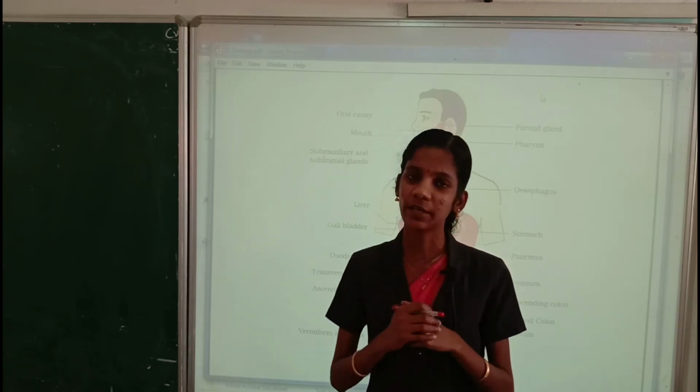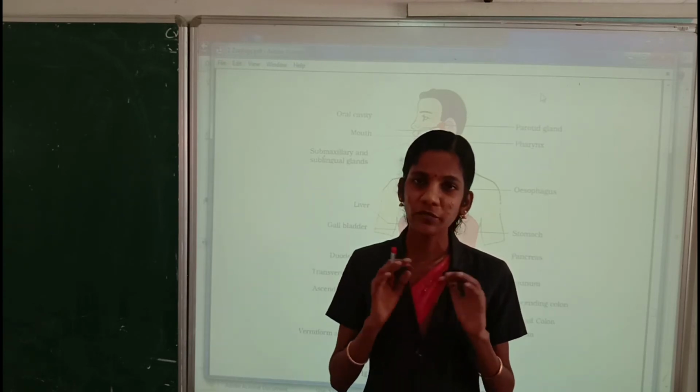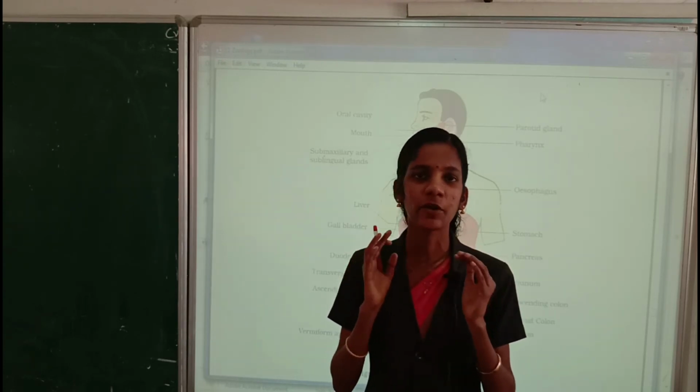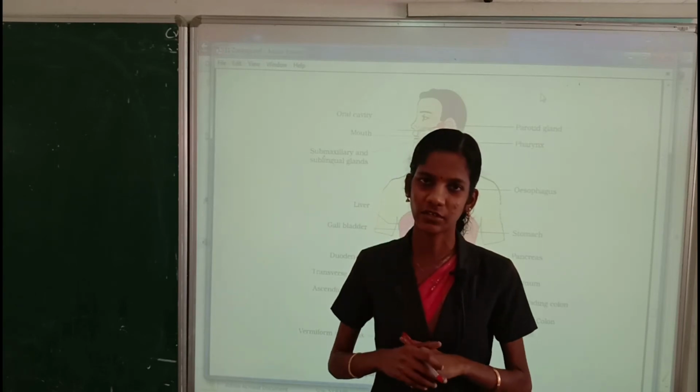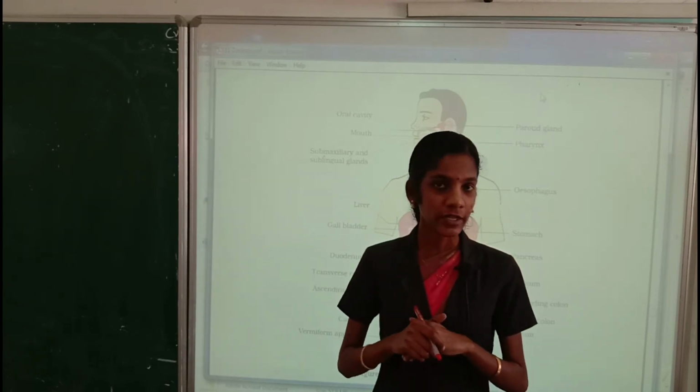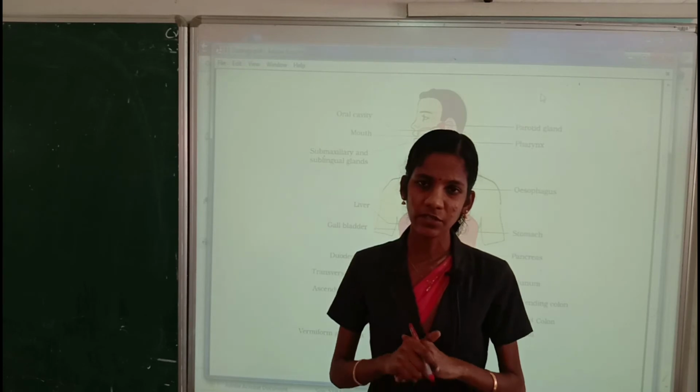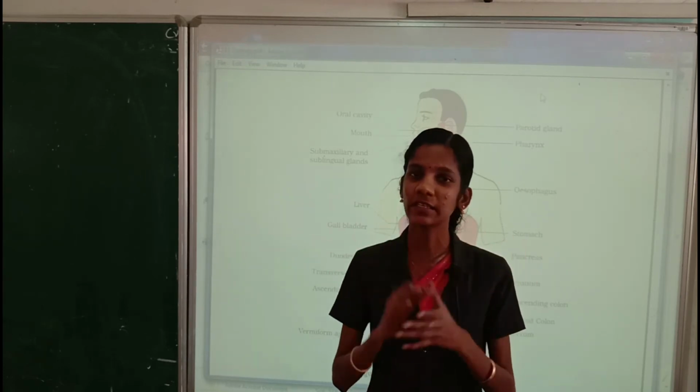This kind of arrangement, the arrangement of different kinds of teeth in our mouth is known as heterodont dentition. I'll tell you once more. Heterodont dentition is a kind of arrangement in which we can see different kinds of teeth in the mouth of